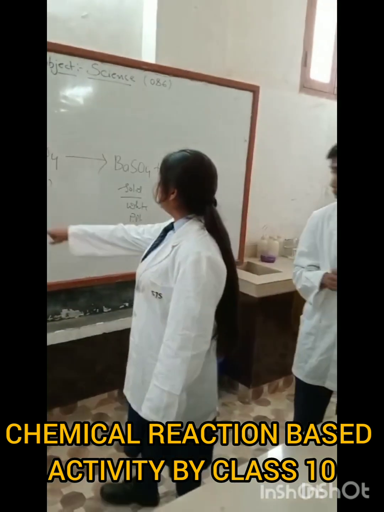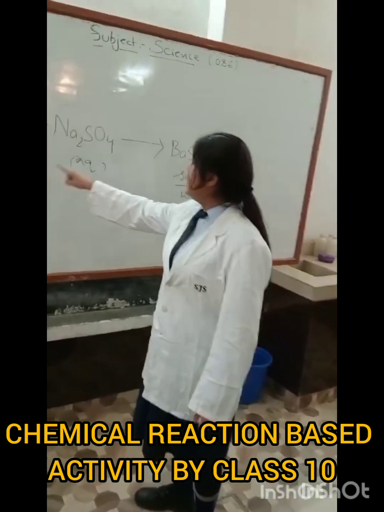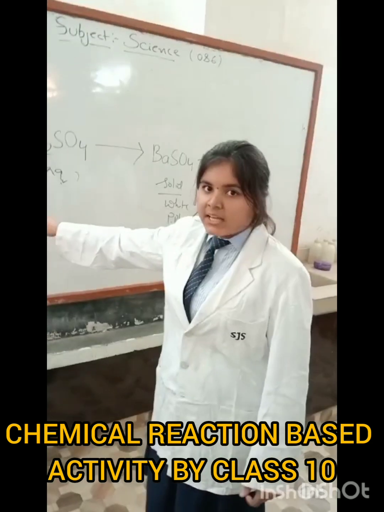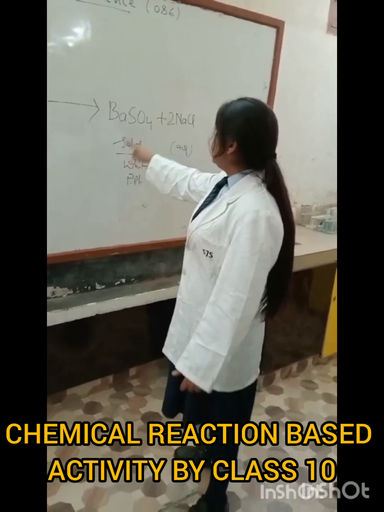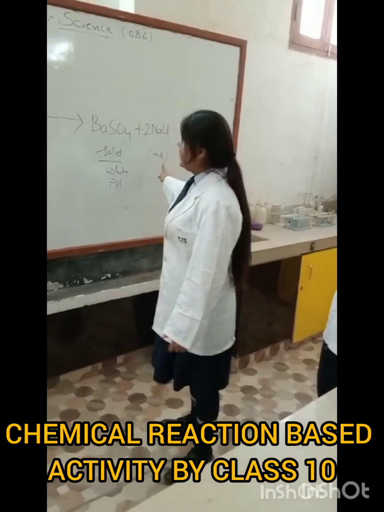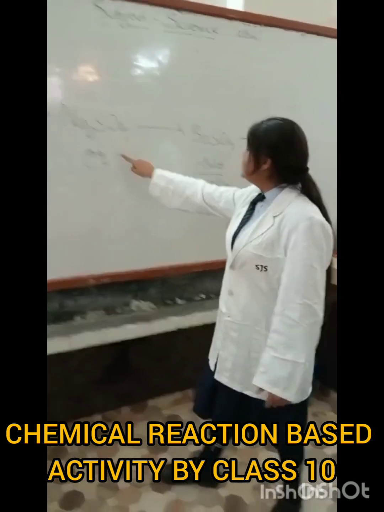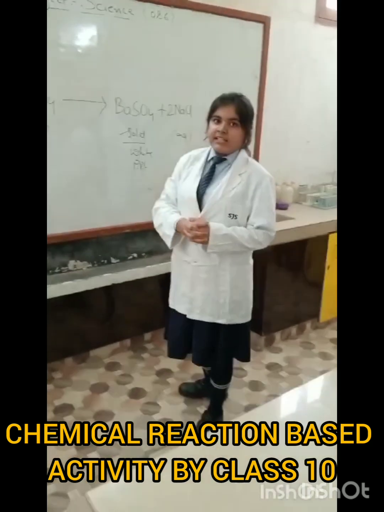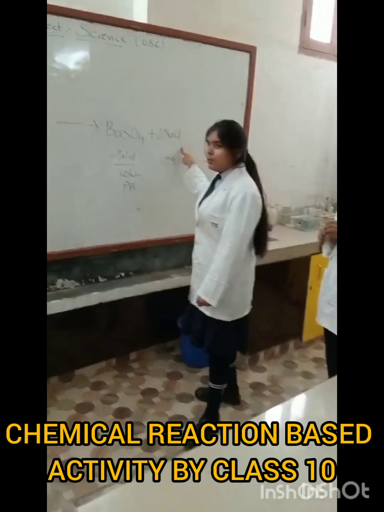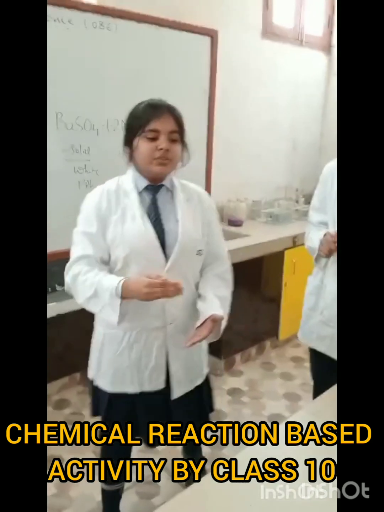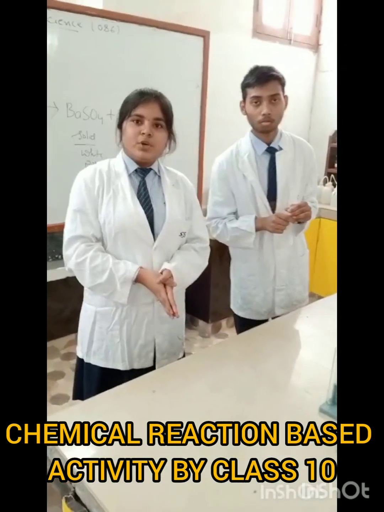Now moving further, can you see that there is barium chloride and sodium sulfate. The two reactants combine to form the products, barium sulfate and sodium chloride. You see that barium and sodium ions combine with the other ions to form one substance, and the second ions combine to form another substance. Now you see this is a chemical reaction. It is demonstrated by us.